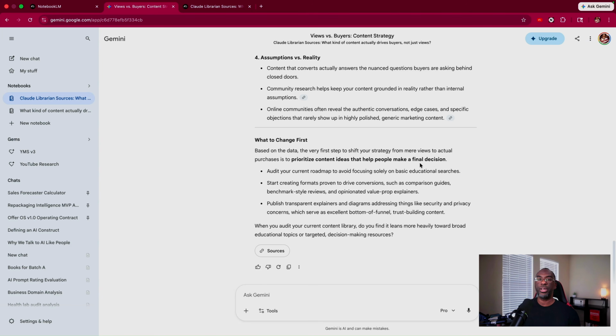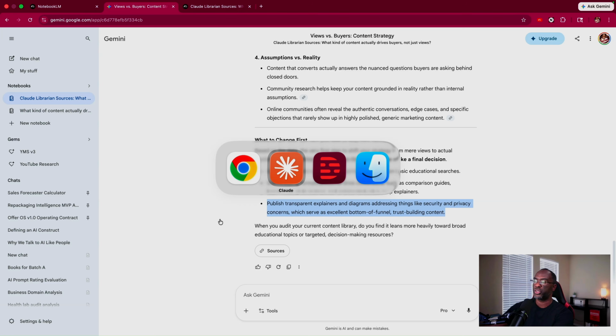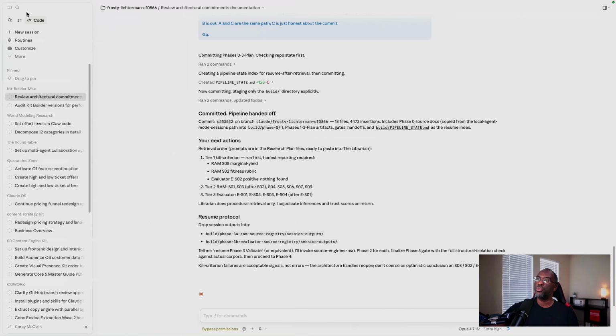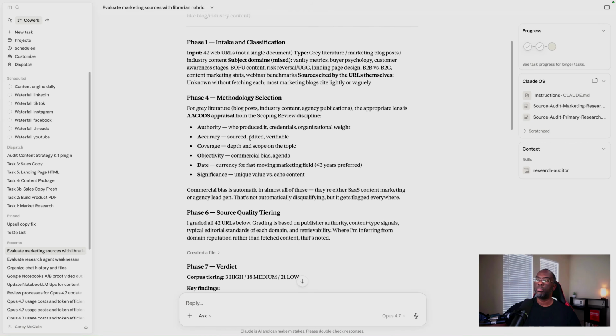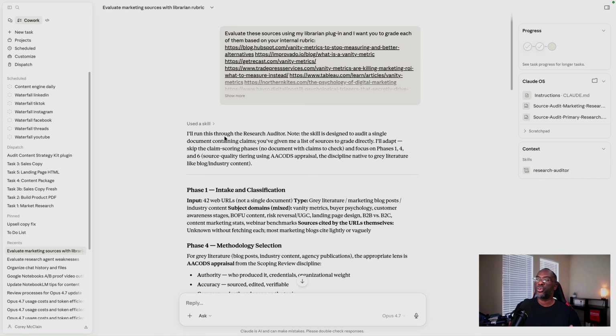And so in my opinion, you can see that there is a definite difference in the responses that you're getting based on the quality of the sources that you upload to the notebook. And so if you're looking to use notebooks better than 99% of people, you need to focus on the source of your material. And if you want a tool that's going to help you focus on the source of your material better than anything else, then you need to create your own approach to source engineering,